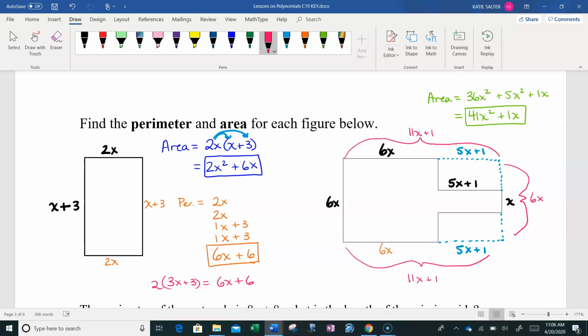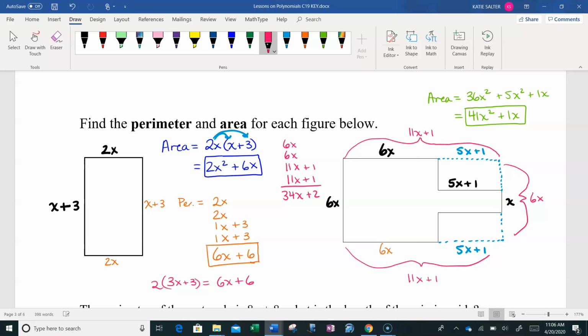So we're going to stack them. And I'm going to find some room on here real quick. So I've got 6x, 6x, 11x plus 1, 11x plus 1, and we add all these together. So 6 and 6 is 12, 11 and 11 is 22, and 12 and 22 is 34x, and 1 plus